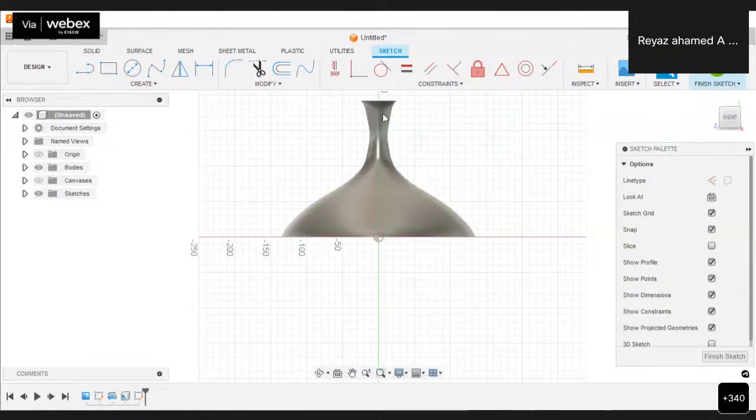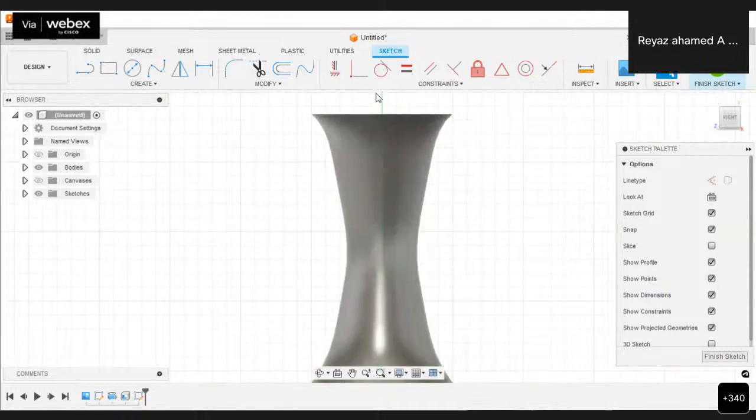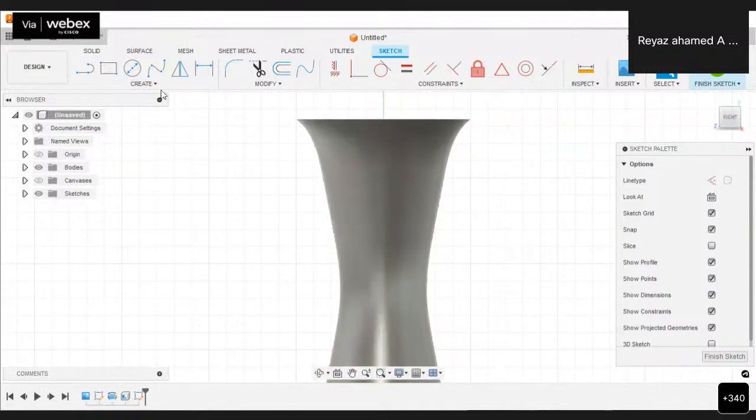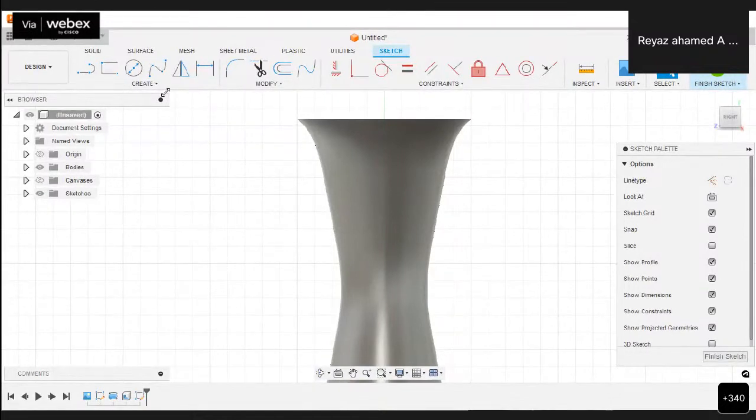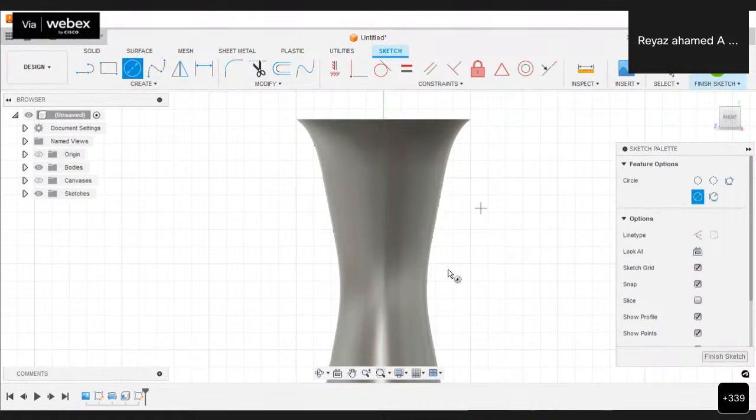Okay. Now I have to create my hole profile. What is the hole profile? Actually, it is simple. Circle is the hole profile. Let me click on the circle, and then let me create a circle over here. And then give the dimension of that circle.